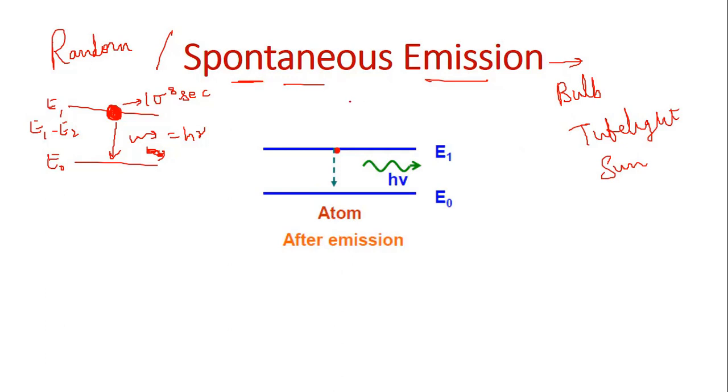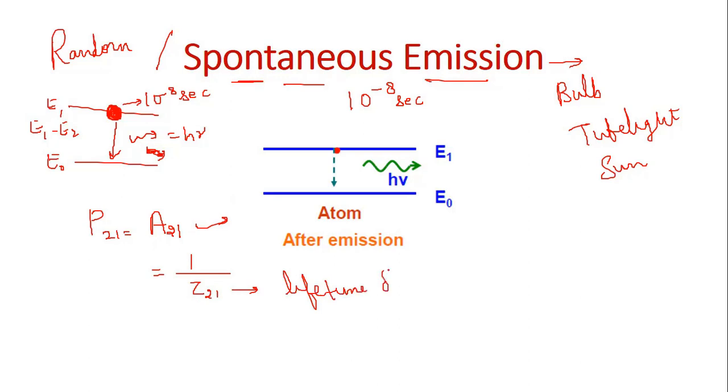And spontaneous, what is the condition of spontaneous emission? 10 raised to the power minus 8 seconds. Okay. And how will you decide that this spontaneous emission will happen? This is equal to A21, and A21 is known as Einstein's coefficient of spontaneous emission. And this is also a coefficient, and this value is equal to 1 by tau 21. What is the tau 21? Tau 21 is